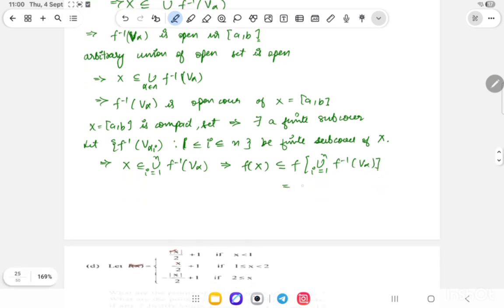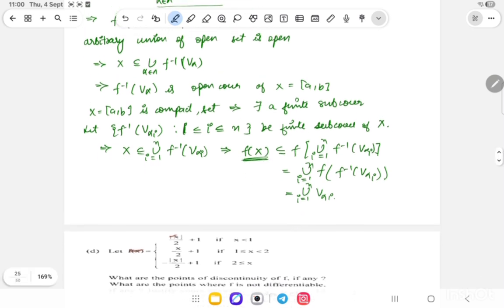and this is basically equal to the union of i equals 1 to n of f of f inverse V alpha i, which is basically equal to the union of i equals 1 to n of V alpha i. Thus we got an open finite subcover of f(X) as well. So f(X) has a finite subcover. So from here I can say that f(X) is a compact